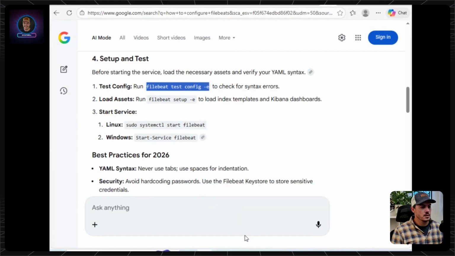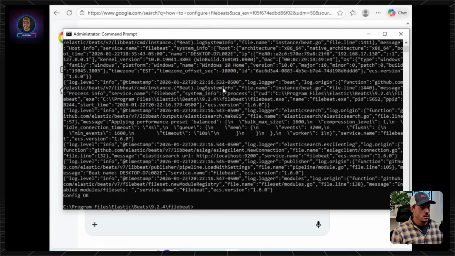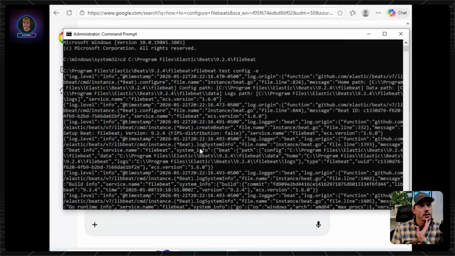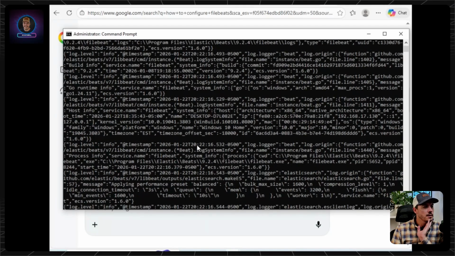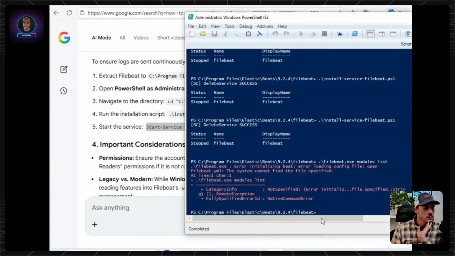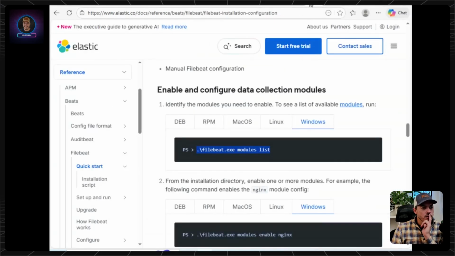Filebeat test E. And it says it should be okay, no errors. Let's see, extract Filebeat, run, and then let's do start service Filebeat. Let's do that. So we could probably throw it in here. I could recognize that that was a PowerShell command. Now, what we should have,